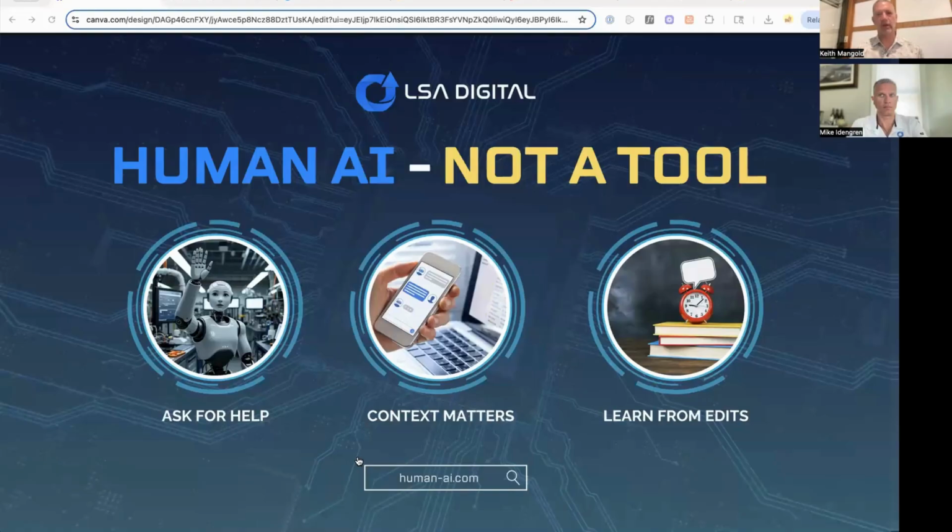And without that human context, without that personalization that we bring, the AI outputs we all know can feel very robotic and tone deaf. And then finally, we wanted to learn from the edits as we are working with the